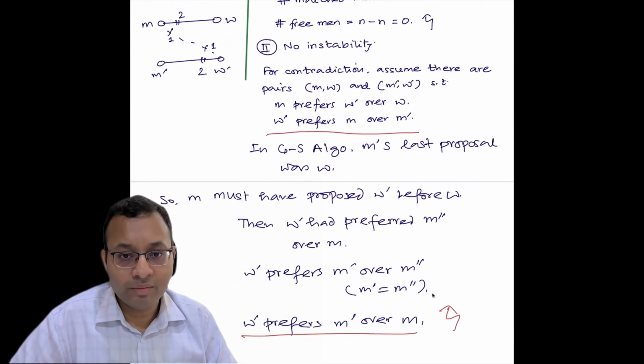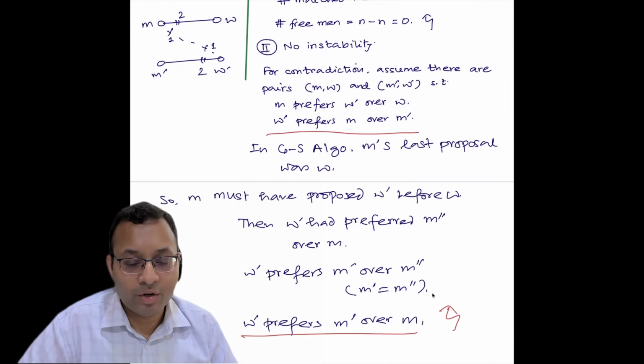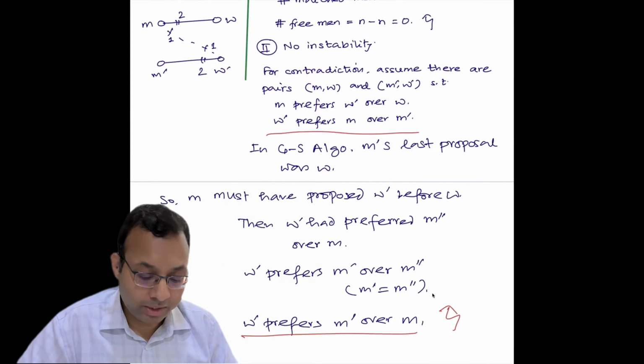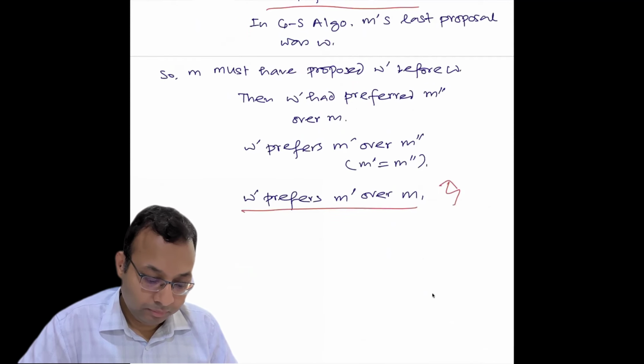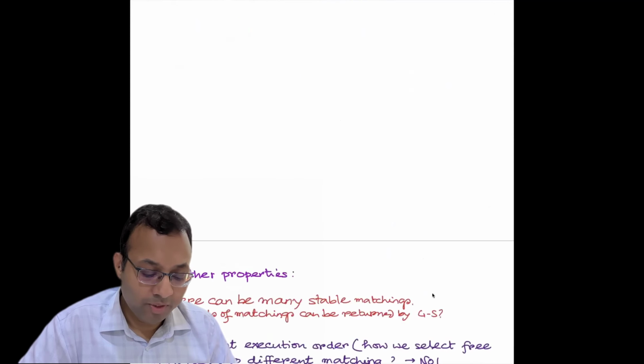So, quite a simple algorithm explanation. There is no math, just a sequence of logical arguments, which shows you'll always end up with a perfect matching without any instability, which is a stable matching. So the algorithm is correct. Maybe you can pause the video for a couple of minutes and understand this.